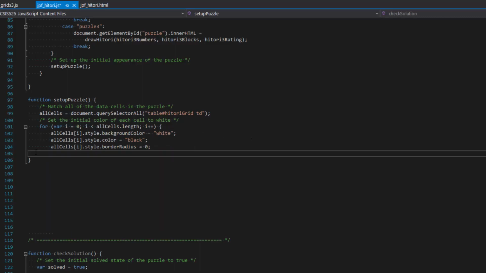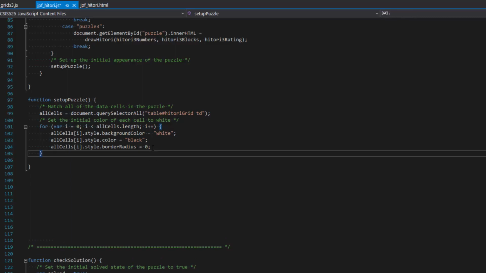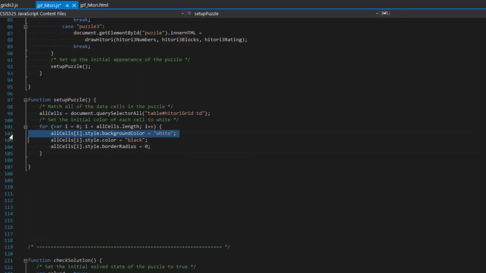We're not going to put the closing curly in just yet because we've got more to go here. I don't like doing that though, actually. I'm going to put my closing curly so I don't forget it. Okay, so the first thing that we do is we target the current cell, change its background color to white,